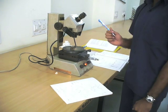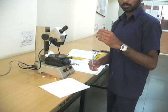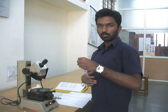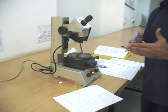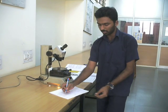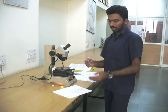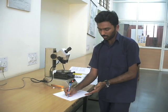It's also used to calculate the relative position between points. Once you have a piece which has to be moved in your manufacturing process, since your workpiece is so small, you use the toolmaker's microscope and determine the relative points, and you determine the length, and you give that feed to whatever machine you have, so that point B comes to point A. So that is also